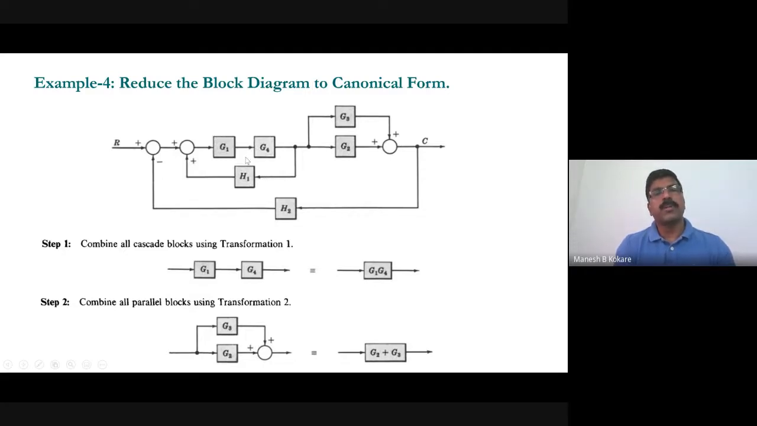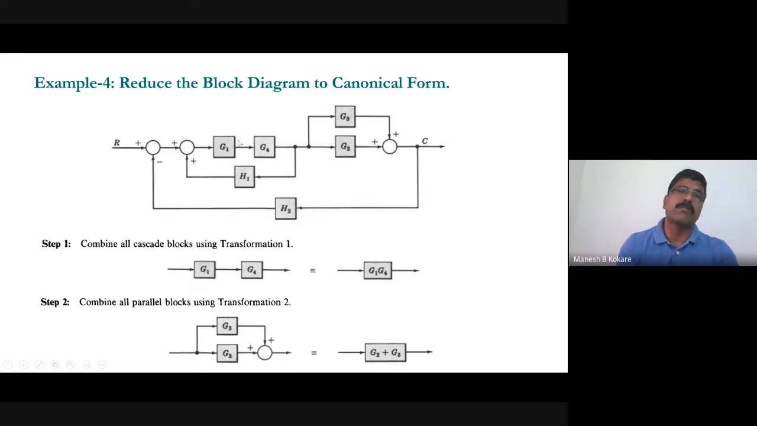Now, after reducing that one, is there any 2 blocks connected in cascade? No, because this block is there and this block will be there, but in between them there will be a takeoff point, so they are not directly connected. So we cannot take this block and this block as a cascaded connection. So for that, you have to check another rule, whether 2 blocks are connected in